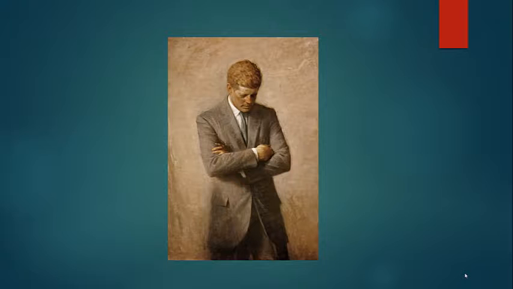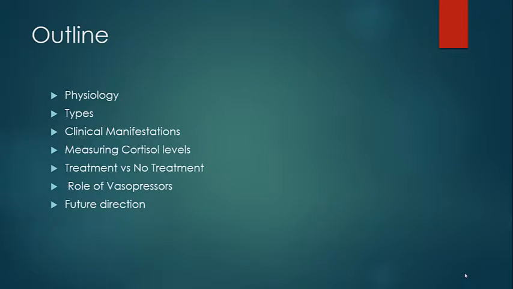John F. Kennedy, if you don't know, was actually diagnosed with a form of adrenal insufficiency, believed to be secondary to his exogenous use of glucocorticoids because of his Crohn's disease. Maybe he's one of the most famous people, if not the most, to have this form of disease. So, an outline of my lecture: I'll be talking a little bit about the physiology,